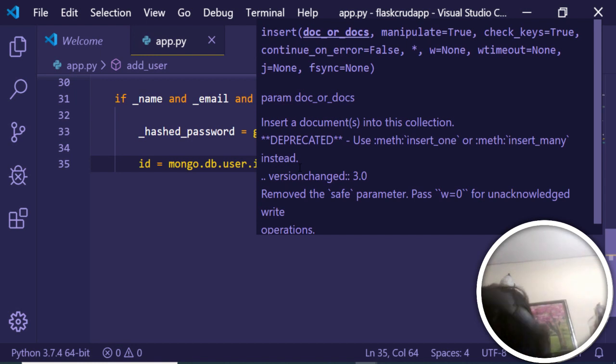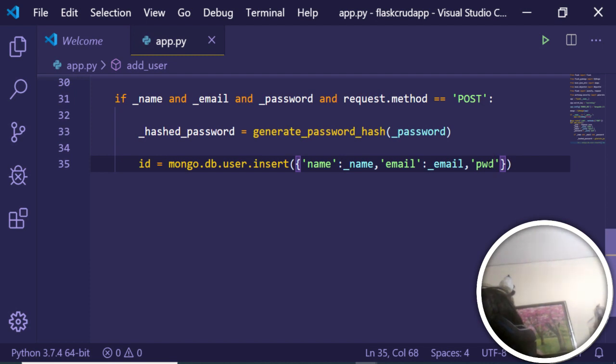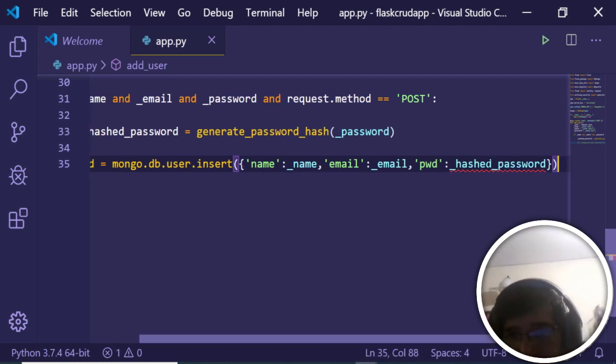So this will be pwd. I will declare as pwd. So just here inside single quotes pwd, and we will be initializing it to the hashed password that we have. This is a hashed password. That's it. So now we have successfully inserted these details and generated an ID, and now we just need to